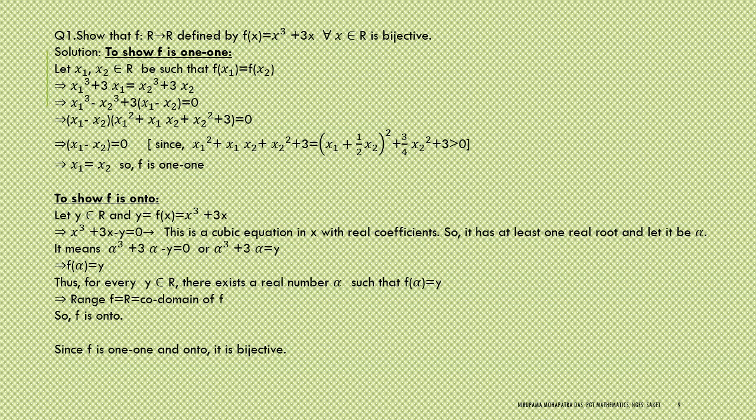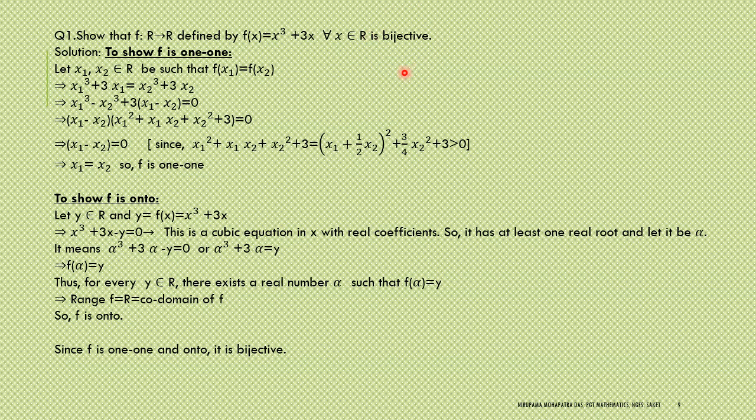Now we will take one question. I have taken a very different question, though my plan is to cover some questions in the next class, and also after studying composition of functions, we will take some invertible functions and how to find the inverse. That is an easier way to do it, but I thought let me just finish the class with at least one question. So f is a function from R to R defined by f(x) equal to x cube plus 3x for all x belongs to R. Show that it is bijective.